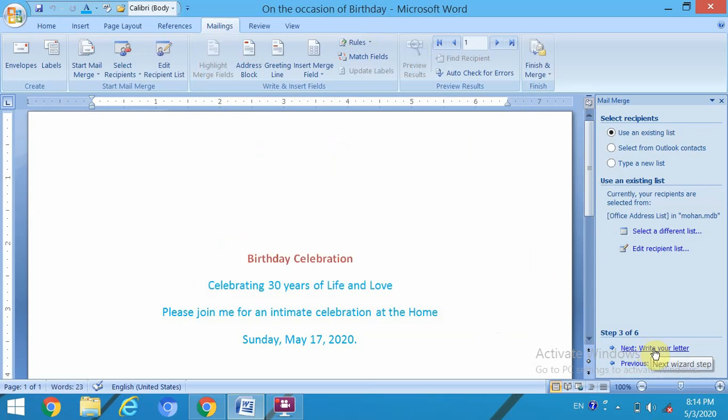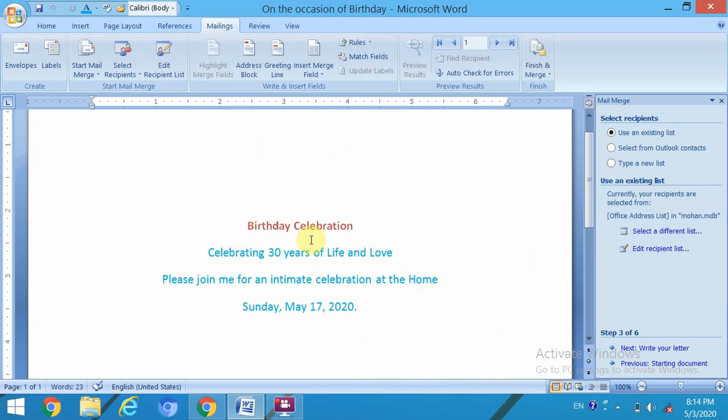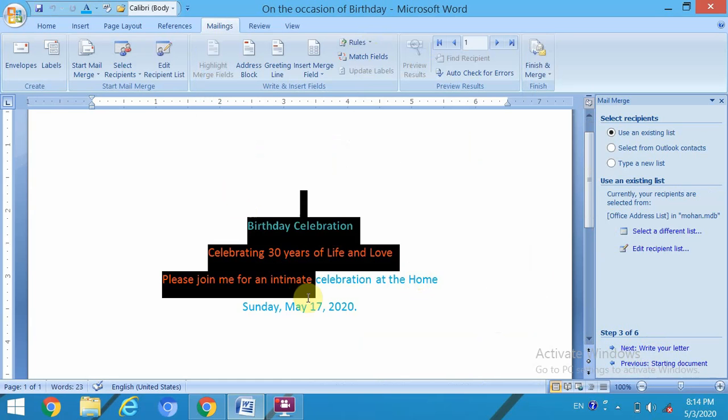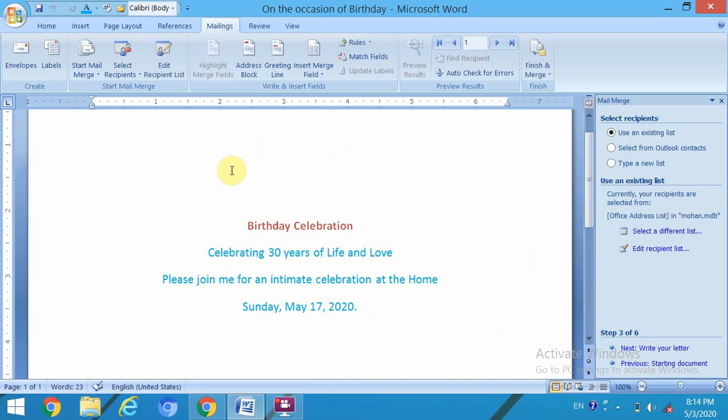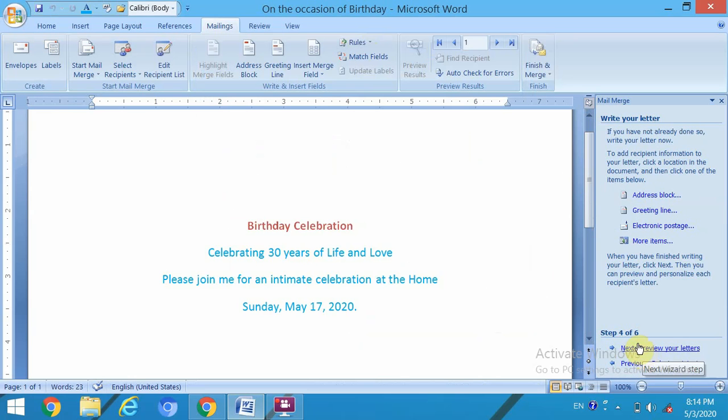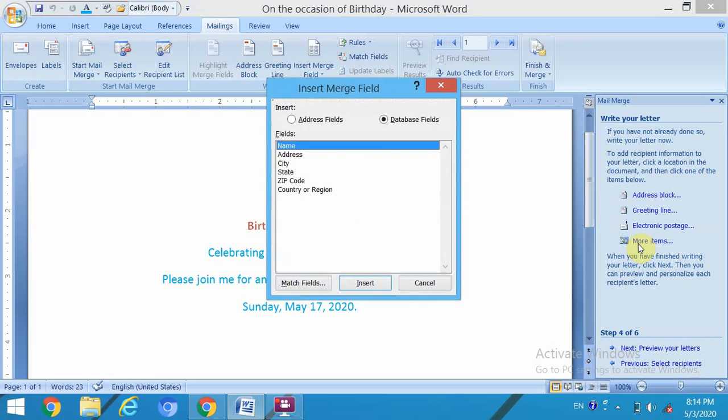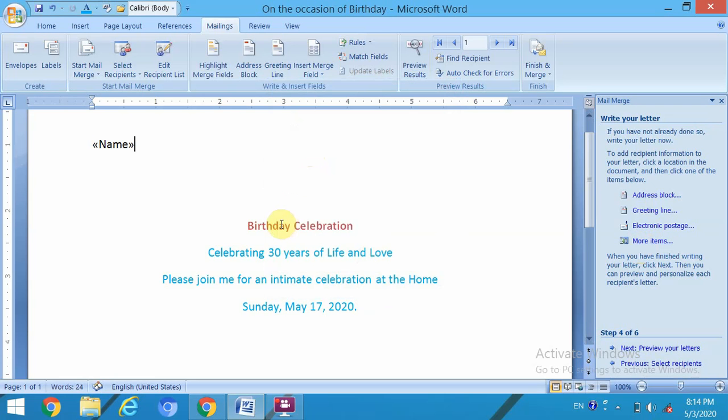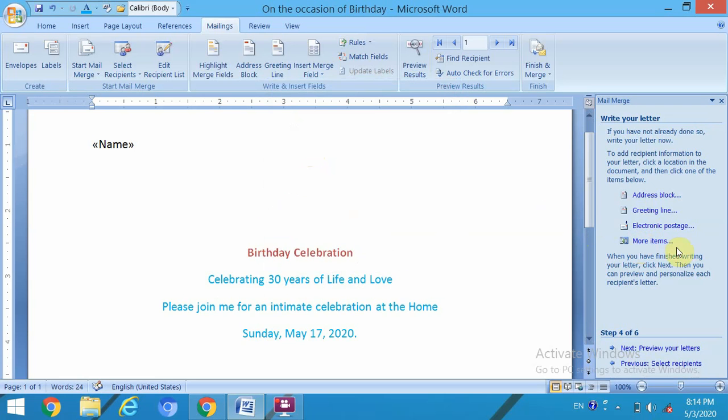Then click on type a letter. We already typed here. These are the letter contents. Then click on write. After that, you can click on More Items options. Here, click on Name and click Insert options. Close it, press Enter key.